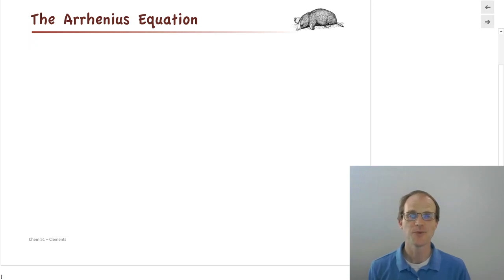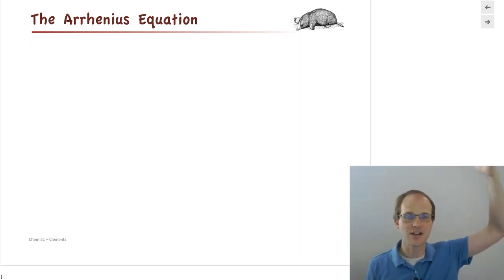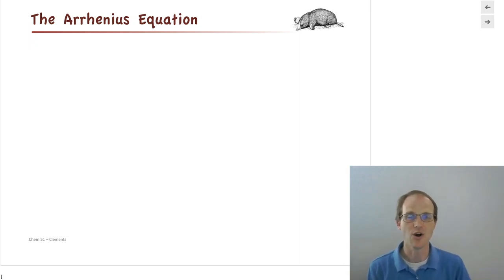Welcome back. We just learned about collision theory, and we talked about how all those different things, orientation factor, collision frequency, and collision energy, affect the ability of reactions to happen and the speed at which they happen. And then we drew those diagrams that showed activation energy was really the important thing in determining the speed of reactions. If you have a high activation barrier, your reactions are going to go slow because there's very few molecules that have enough energy to overcome that barrier.